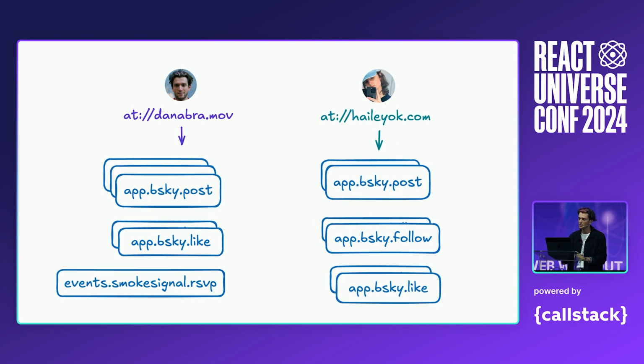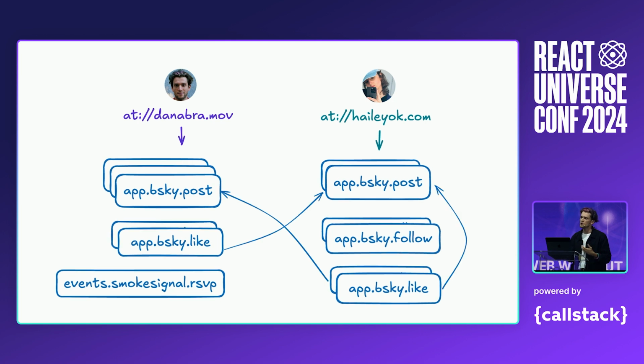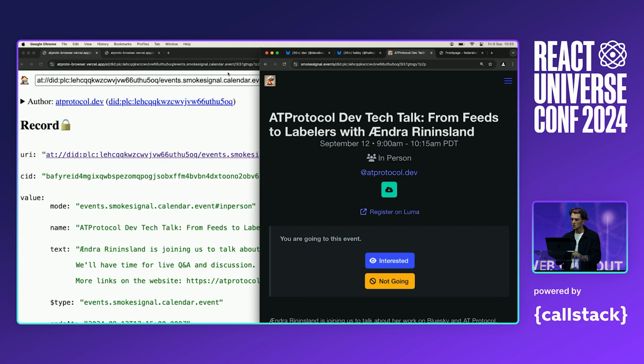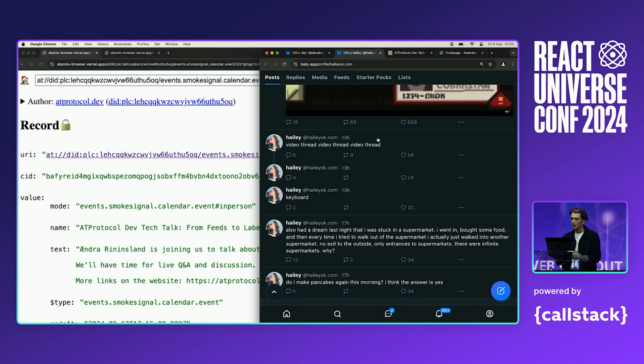put out there. Another interesting thing is that these things can link to each other. So one record can link to another record using these @URIs. So we can see if I go to Haley's profile and I like Haley's post, I'm still writing to my repository. So we don't write to other people's repositories. I'm writing to my repository because the fact that I liked something is my data.